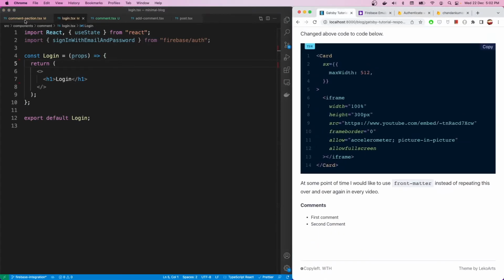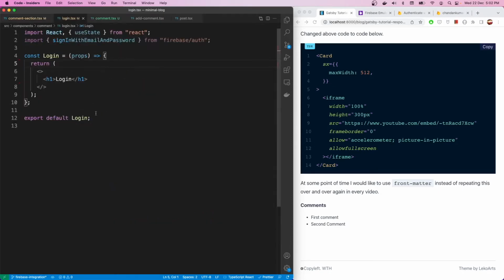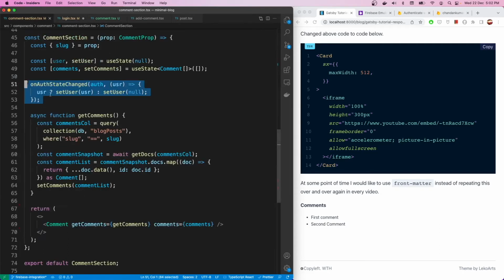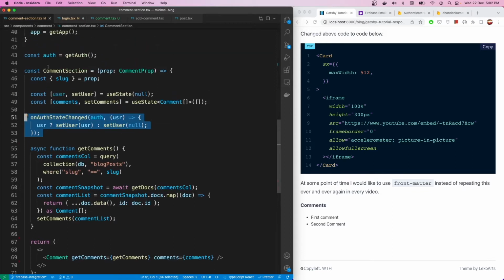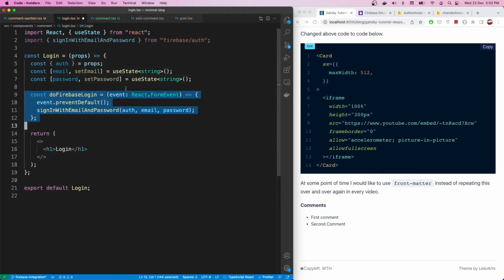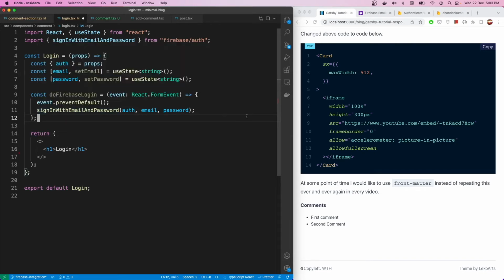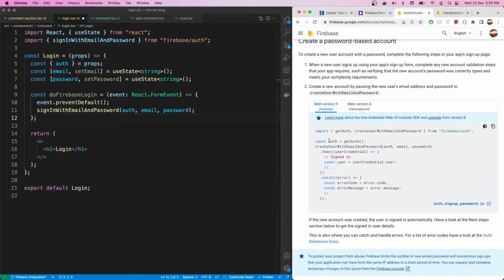So if I save this, you'll see, okay, this is not getting rendered right now because I still need to include it here. But what I'm going to do here is get the reference of this auth and pass this auth to the component, and to capture email and password, I'm using state, and we have this. I'm writing this Firebase method in React where I'm going to use the same signInWithEmailAndPassword that we have here,